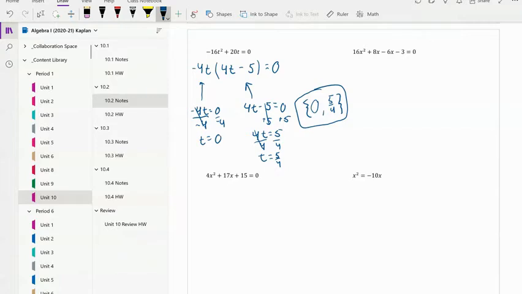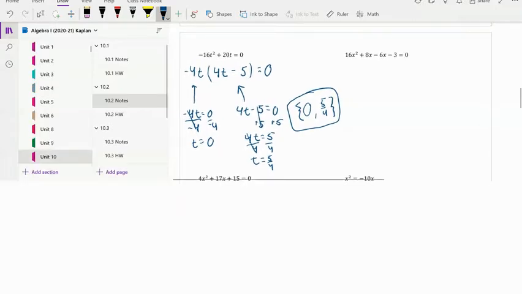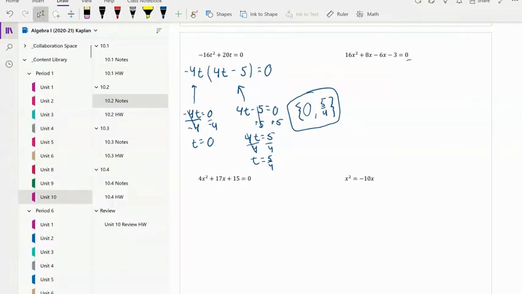Okay. Well, look, again, step 1 is good. We are set equal to 0. It is in standard form. We're good to go. So set it equal to 0. Check. Now we're going to factor it. Well, there's no GCF amongst all of them, right? 16 and 8, 6 and 3. There's nothing that goes into all 4 of those, and they don't all share an x. So we can't pull out an overall GCF. But if I'm counting terms, we got 1, 2, 3, 4 terms, and that is my cue to use factor